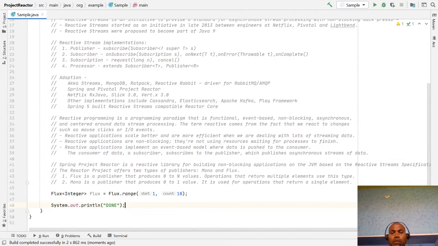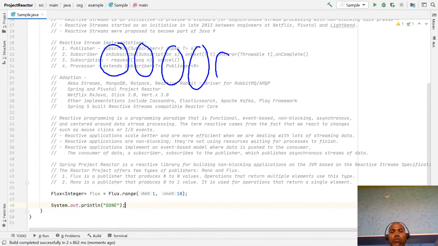The very basic and most important concept of Flux is that whenever a Flux publishes a sequence of events, a sequence of data, data 1, data 2, data 3, data 4,